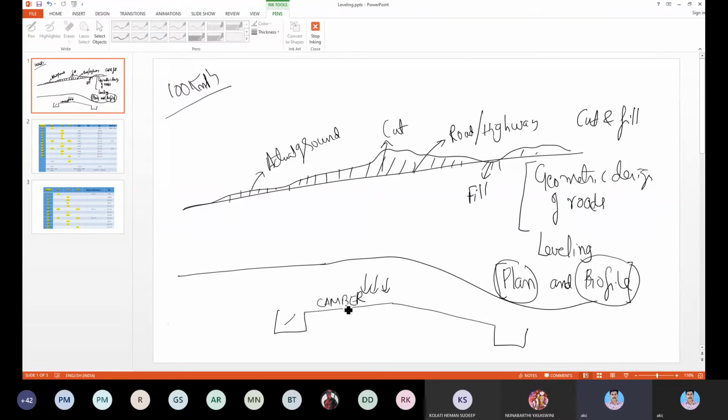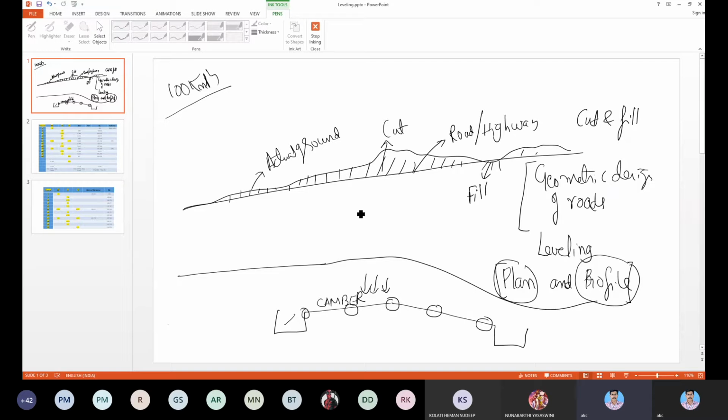So this way, the leveling is also taken. The levels you take in the field, they will take main levels along the center line of the highway, and also some levels across the center line. That is to fix how much cutting and filling should happen along transverse and also along longitudinal.